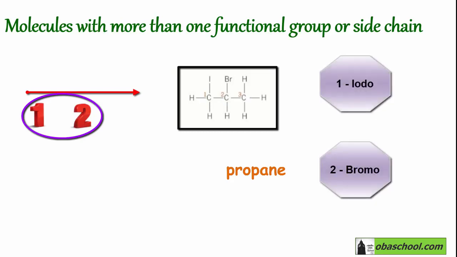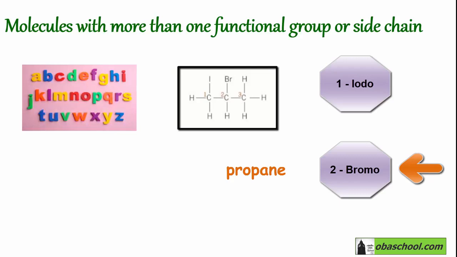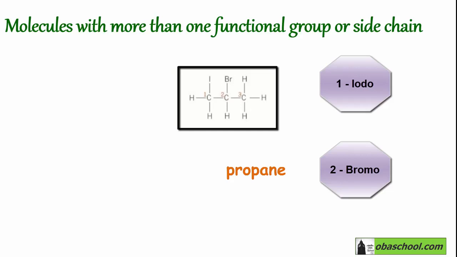You may think that we should start with iodine because it is on carbon 1. However, we will start with bromine because according to IUPAC rules, bromo will be written before iodo, because the substituting groups are put in alphabetical order rather than in the numerical order of the functional groups. So we have bromine and iodine, but we will follow the alphabetical order. So bromo will be written before iodo, but this will not affect the numbers. So we will write 2-bromo